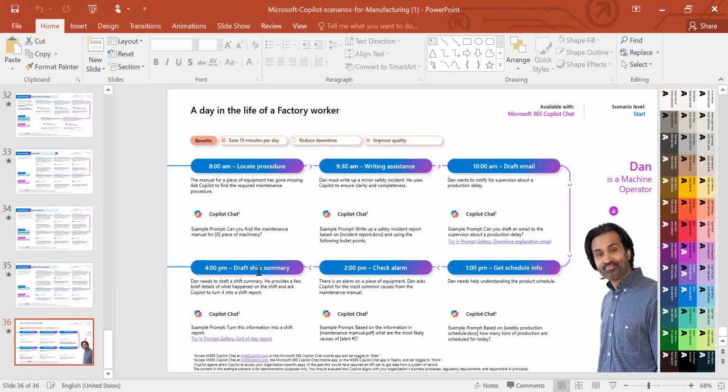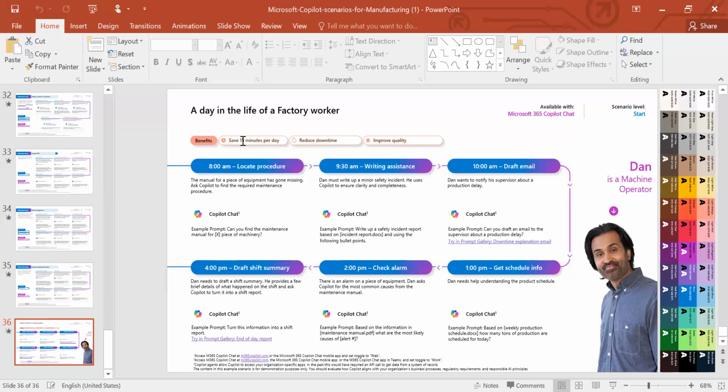And finally, before Dan probably closes for the day, he can draft a shift summary. He provides a few brief details of what happened in the shift and asks Copilot to turn it into a shift report. So Dan will just prompt Copilot to turn that information into a shift report. And with so doing, from the moment Dan got into work until Dan closed from work, Copilot or AI has helped in Dan's activity the entire day.